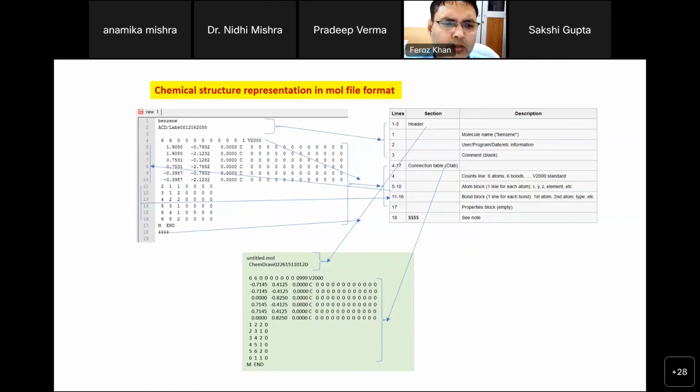The number of bonds is also mentioned in the structural file, and a similar structure is also found in the ChemDraw file, which is a CDX file format, as well as in mole format, any format. If you open the file, the header region already mentions the type of the file. The first line indicates the molecule name, but the second line indicates the program or the software name which developed the structure.